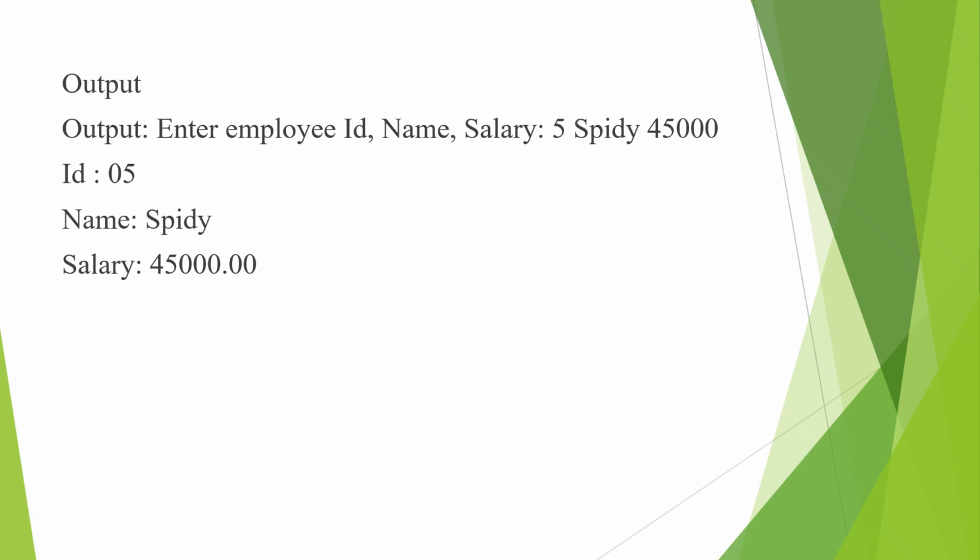In real life scenarios, data is rarely of a single type. For example, a student record includes name, roll number, marks, and grade, all of different data types. So structures help us represent such complex data easily and logically. Another important advantage of structures is code clarity. Instead of managing multiple unrelated variables, we can group them under one structure, making the program easier to read, understand,